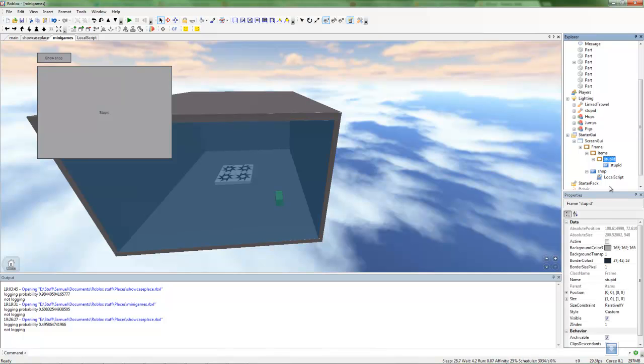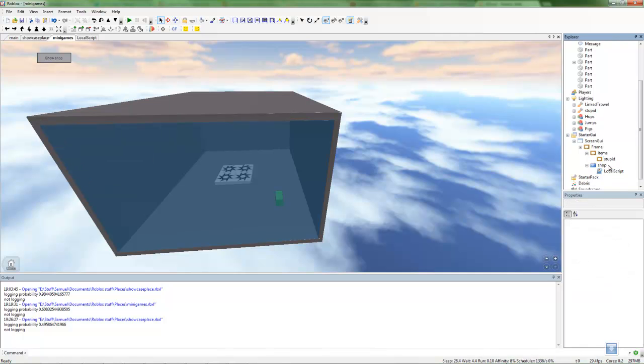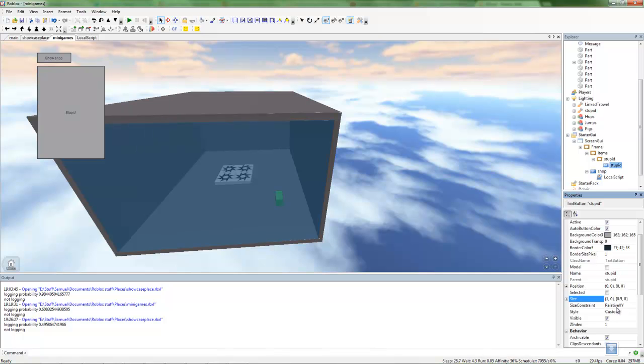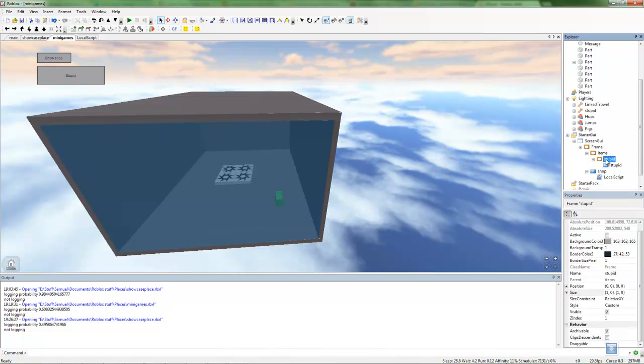And now, check the transparency. Why is the background transparency not changing? I changed the size of this, didn't I? No, I didn't. This is the actual button. Ah. The size on the X is going to be 1, not 2. Size on the Y is not going to be 0.5. It's going to be 0.1. And now this stupid, whenever you click on this, it's going to show the other thing in the stupid frame,